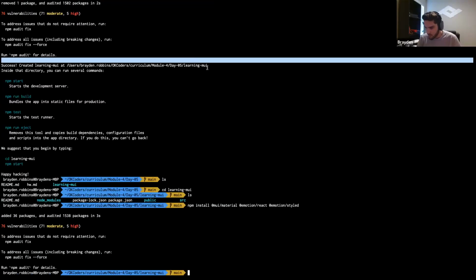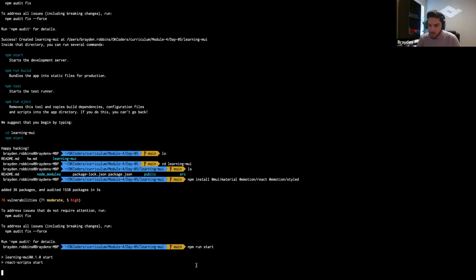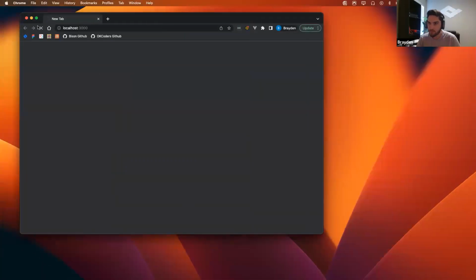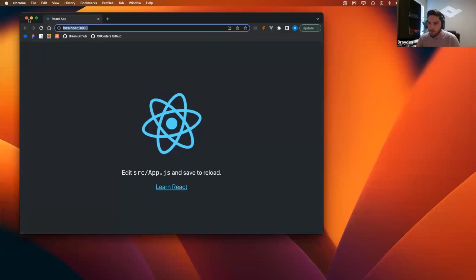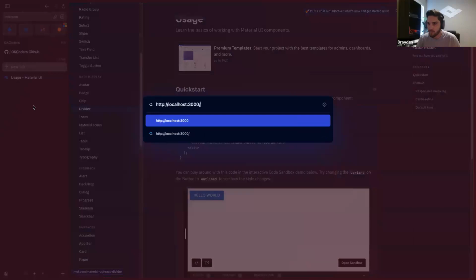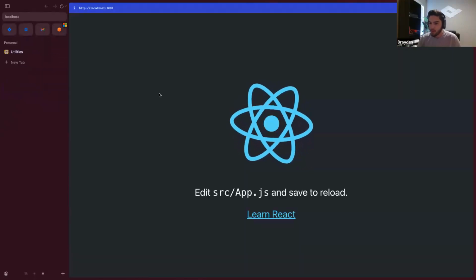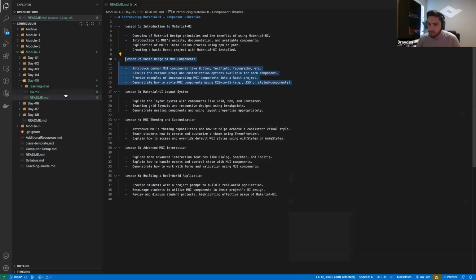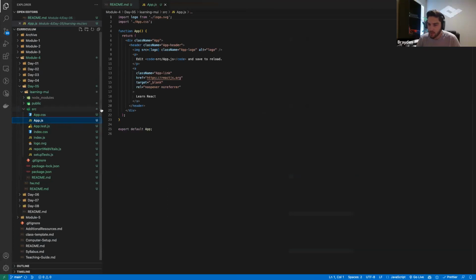I'm inside of the project folder here. I'm going to go ahead and run npm run start, so I can spin up the project. We don't like Chrome, so we'll get rid of that. Come over here, do the same. Okay, now we've got our React app, and we've got this folder that we created. So we can come inside of here, App.js,